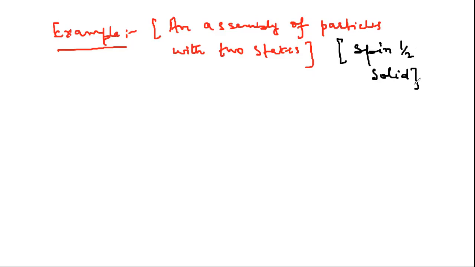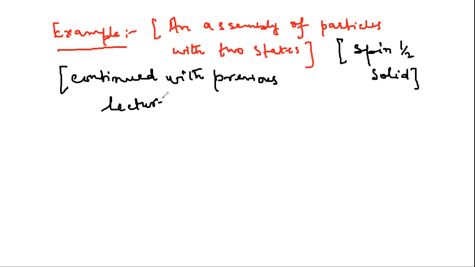Let me refresh your memory. Let me write first here, continued with previous lecture. So the idea was we considered an assembly of N localized weakly interacting particles in which there are just two states,